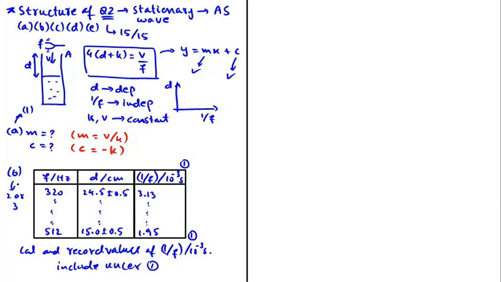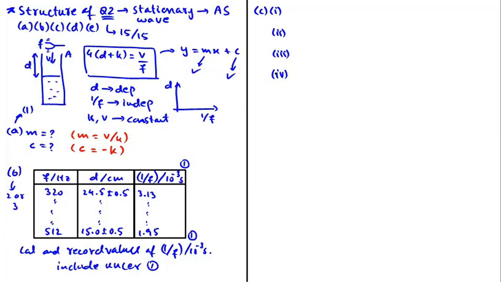Therefore, we haven't been asked to calculate and include uncertainties in the values as the values of f don't have uncertainties. So students, in B part of graph question, we are always given an incomplete table and we are asked to fill it out, and we do that by using the information and values already there in the table, right? Next part is part C, and part C may have 3 or 4 subparts: C part 1, C part 2, C part 3, and C part 4.